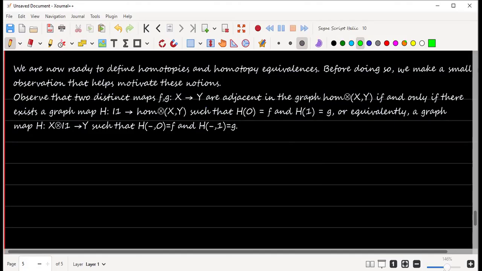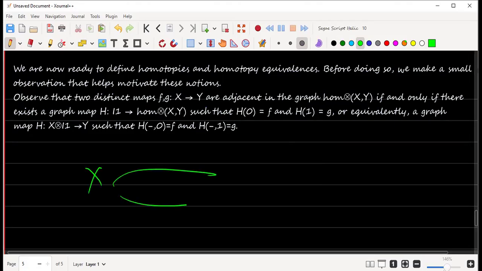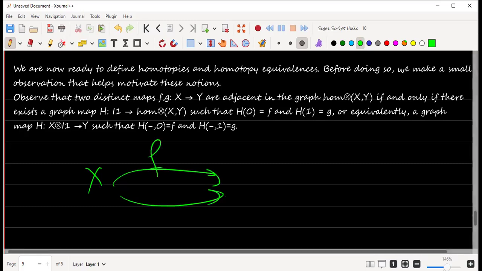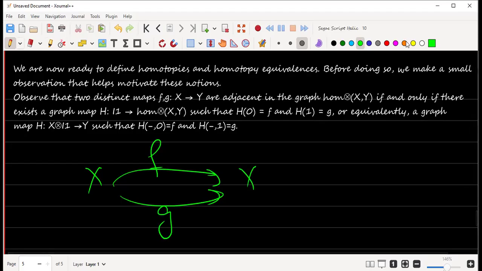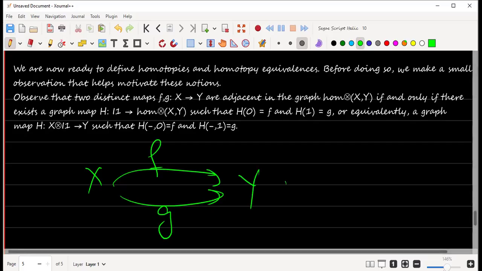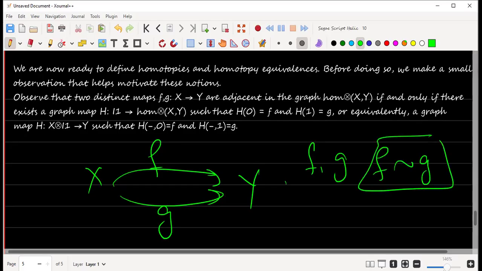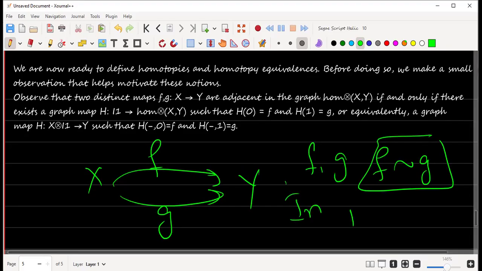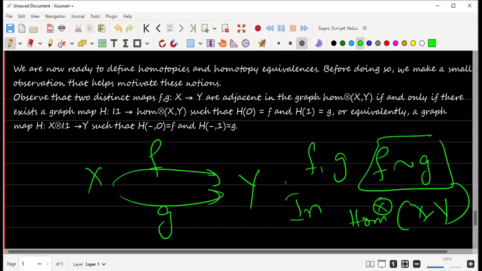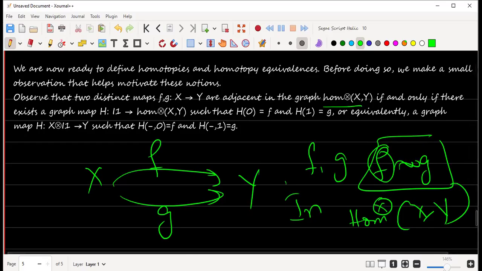Observe that अब ये कह रहे हैं कि x और y हमारे पास दो ग्राफ हैं, and there are two graph maps from x to y, f comma g are adjacent, which means that there is an edge between f and g according to the internal hom definition, कि ये ग्राफ के अकॉर्डिंग f और g हमारे पास वर्टिसेस हैं और उनके दरमियान एज है, so they are adjacent in the graph Hom star(x, y),